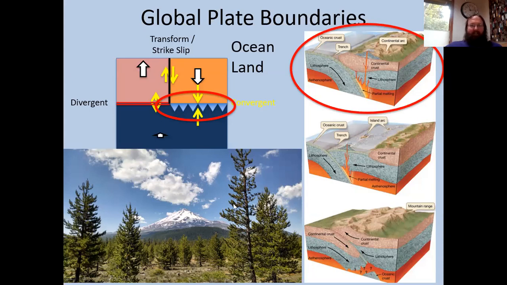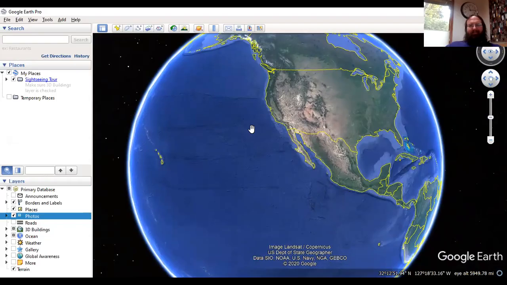Now, this first one we're looking at is a picture of Mount Shasta, one of the highest peaks in California at the northernmost part of the state. You can see a beautiful snow-capped mountain. And what you can see in the diagram over here is kind of what's happening. But better than this diagram,